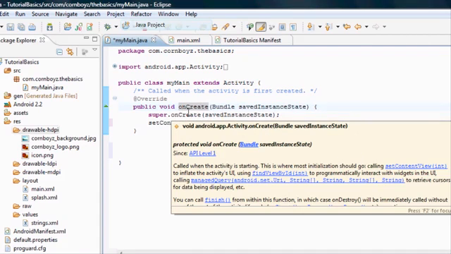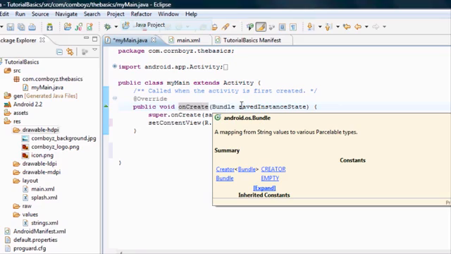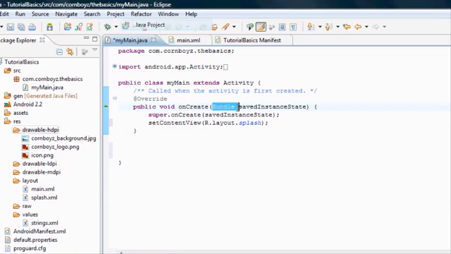When you use the onCreate, it takes a bundle as its parameter. So we have to define the bundle by saying, hey, I want a bundle called saved instance state. We can change this to whatever we want. We're going to call it